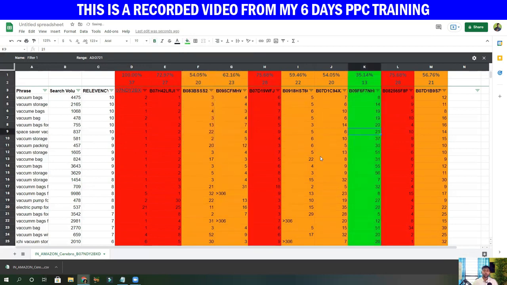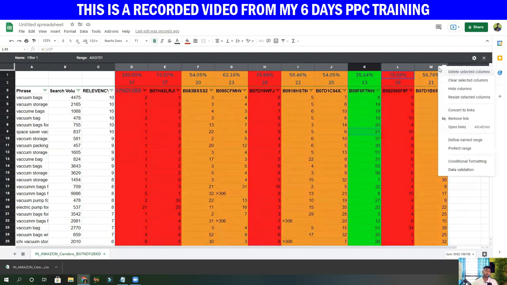Okay, so now you can see how the competition is. What we are going to do is first make sure this is our competitor. That means we are going to first compete with this product, because he is not able to get ranked for all of the keywords. That means he is a little bit weak here. So we are going to target this one. So we are going to delete all this. Okay, let's delete all this and all this.